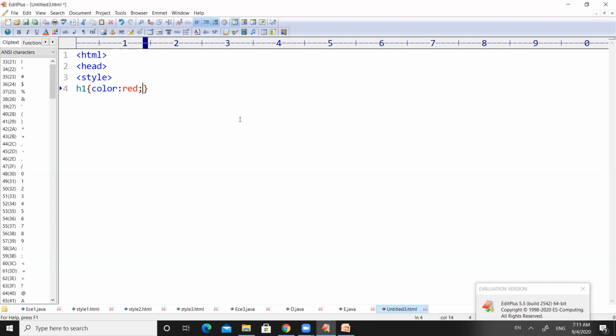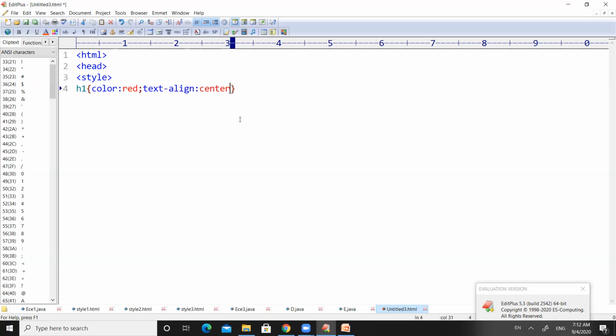I want to align the H1 heading in the center of the web page. In order to align the text, we have an option called text-align, and we have to align the H1 heading in center.